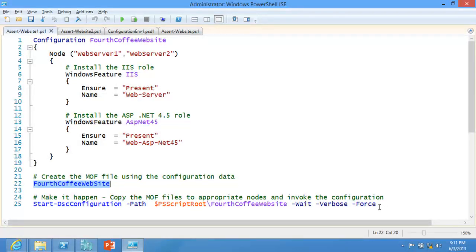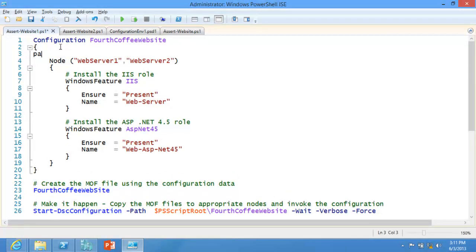Let's go back and... Oh, wait, can I say one thing? Please. So here, it's really important to understand this configuration really is a function, okay? So if you wanted to, it'd be very easy to go in here and add a param block, and parameterize this thing as well. It is literally a function. You'll see more about that, but I just want to get that in focus. So you're declaring something, and it has a name, and then when you give that name, down here on line 23, it runs the function. In this case, it runs the configuration, which is to say, it creates the configurations.